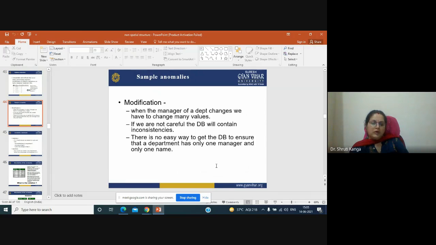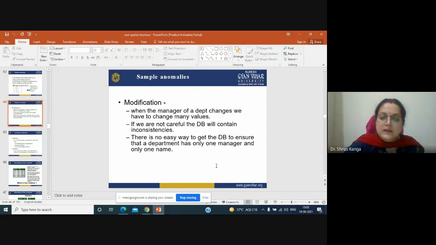So modification: when the manager of the department changes, we have to change many values. If we are not careful, then the database may have inaccuracies or inconsistencies.